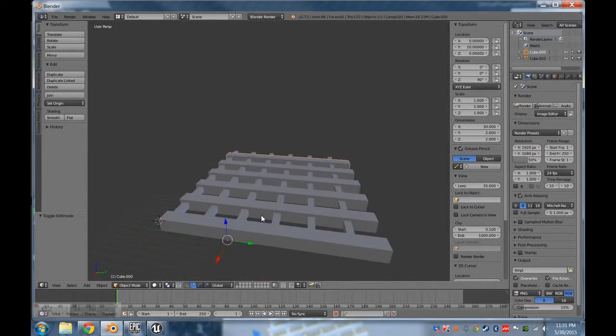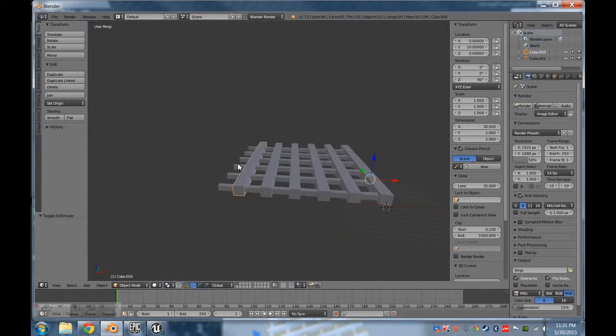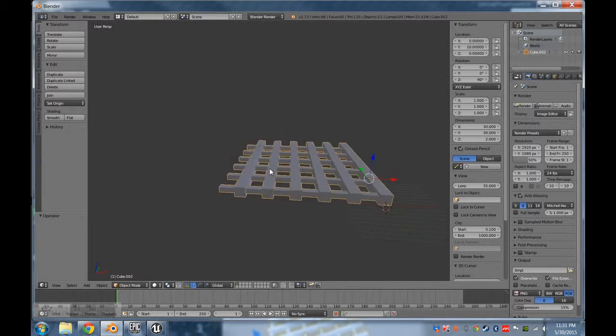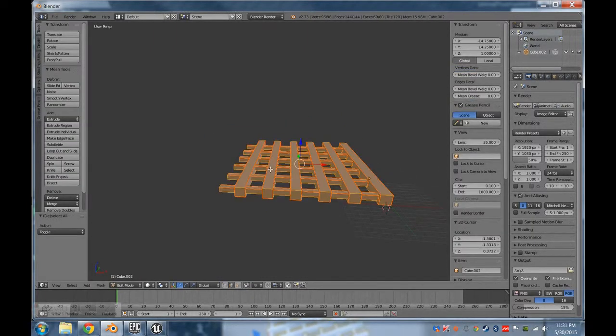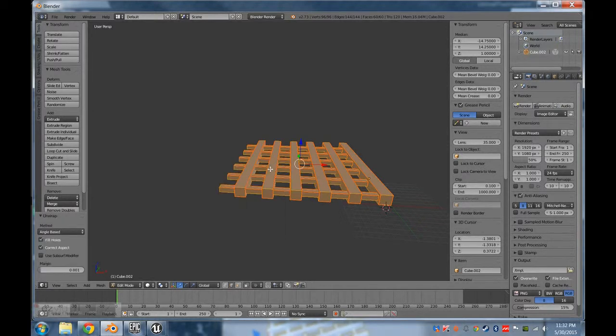So now you'll notice I have this one. The origin's in a weird spot, and that's just because of where we joined everything up. You can always fix the origin just to make it easier to move like we showed you earlier. And now I can tweak it where I want it to. We don't really need to do that because it is all in the same correct spot. So no biggie there. Now we're going to go ahead and go into edit mode, select all,